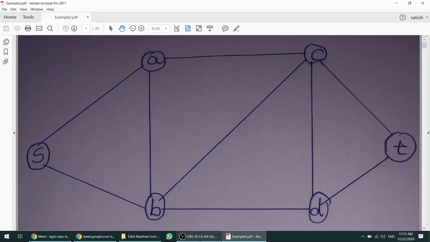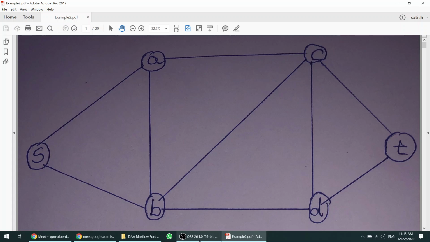And there are two constraints. The first is that we have to find an augmenting path with maximum flow capacity, and another constraint is that incoming flow must be equal to outgoing flow. These are the two conditions we have to follow and then start the algorithm. So today we will practice another example here.